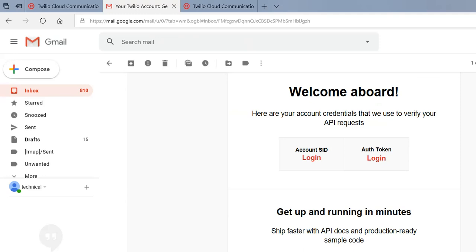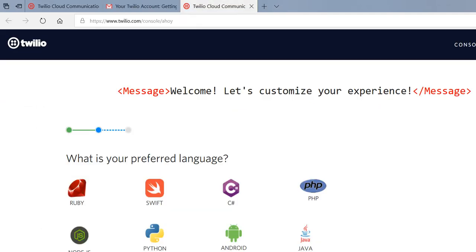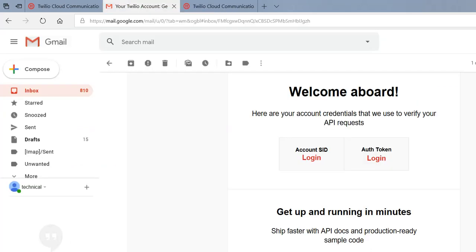The first thing is, if you want to send the SMS, you should register a Twilio account, and Twilio will verify your mobile number as well as your email. Once it is verified, you will get the authentication token and account SID. This account SID is the user ID of the Blue Prism configuration. The auth token is the password.